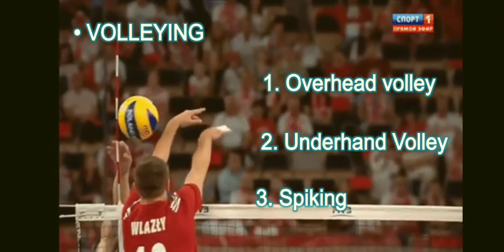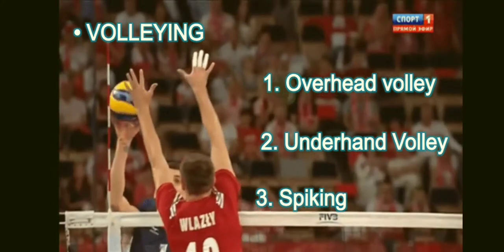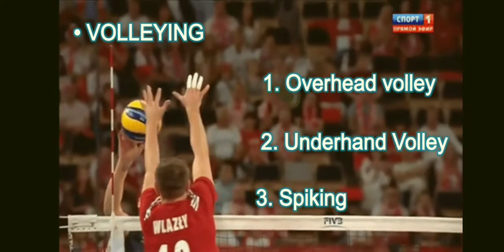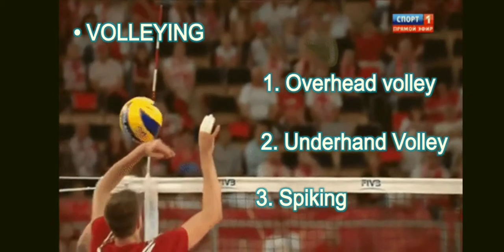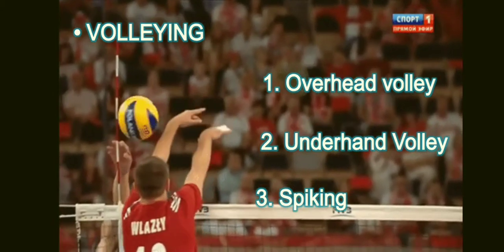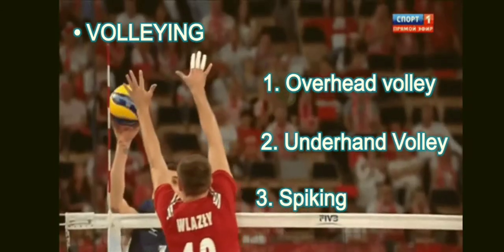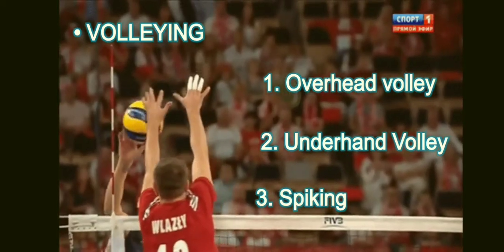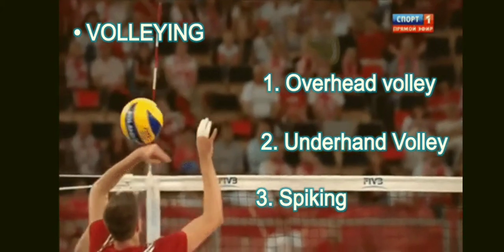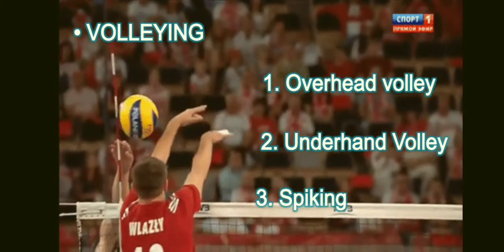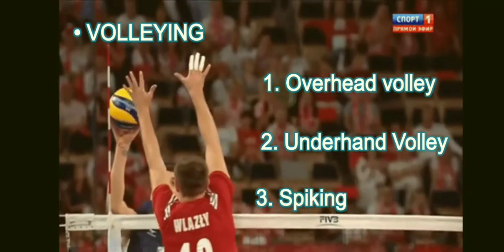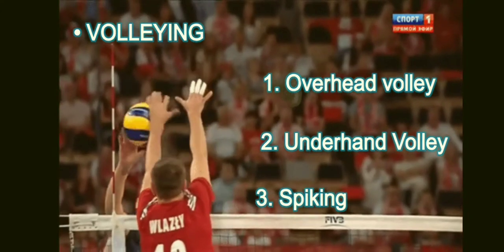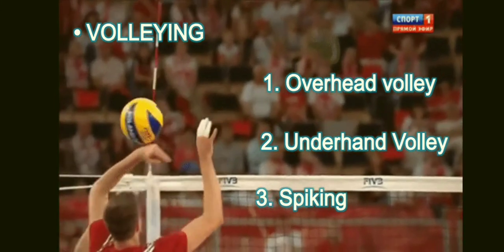In the setting, in the act of passing the ball fairly high and close to the net, the spiker can spring into the opponent's court. The underhand volley is used to receive serves, to recover a ball that has dropped from the net, to pick up a spiked ball, and to make a serve. The ball should be hit 3 to 4 inches above, with a controlled upward motion of the palm.